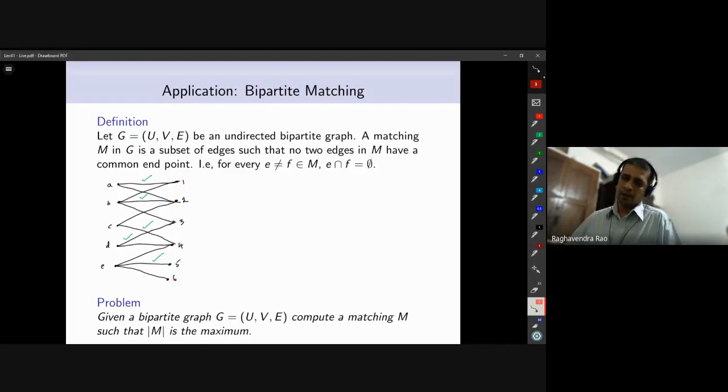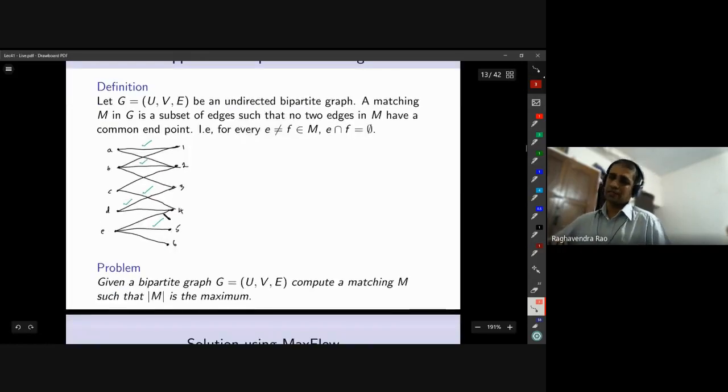Okay. So now the general question: in fact, this definition can be extended to arbitrary graphs, but to see the application of network flows, it's easier with bipartite graphs. Okay. So matching is well defined for non-bipartite graphs and so on. Some of you might have already seen, if you are doing the advanced graph algorithms course, a lot of applications of matching, or in fact algorithms for matchings. So there are lots of applications of this.